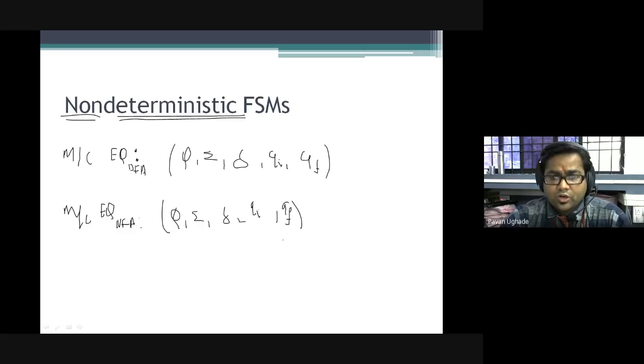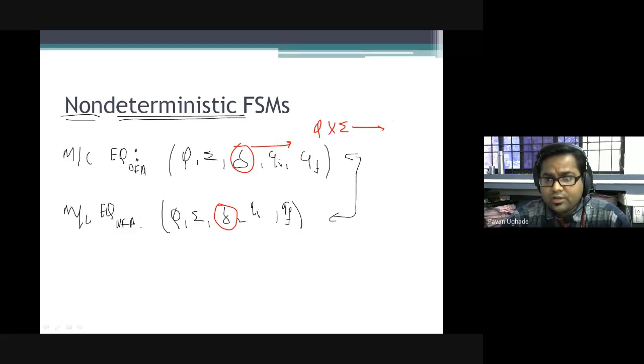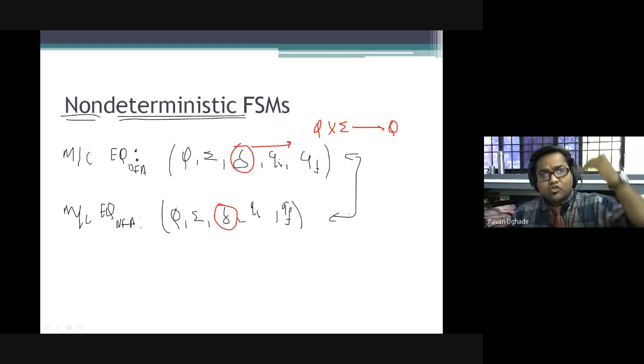Now what is the difference? If you are able to see, both are the same. The only difference lies in the transition function. Here, the transition function that we have discussed was such that a state over an alphabet gives rise to only one state. We used to say it is a unique transition. We were quite determined: if q0 over alphabet 1 gives rise to q1, there is no other transition possible other than q1. It was a unique transition.